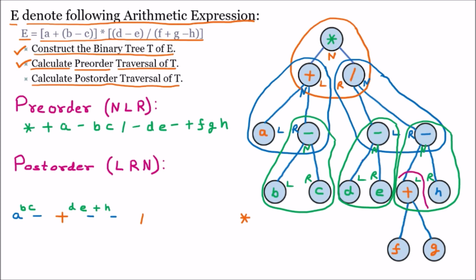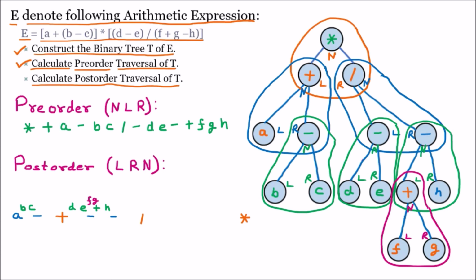So we are taking the last subtree, which is present, and here we are having the node, left and right. So left, right, node: F G plus. So here we are taking the second plus, which is F G and plus. So that is what the expression is. Now we are going to make it into a proper sequence.